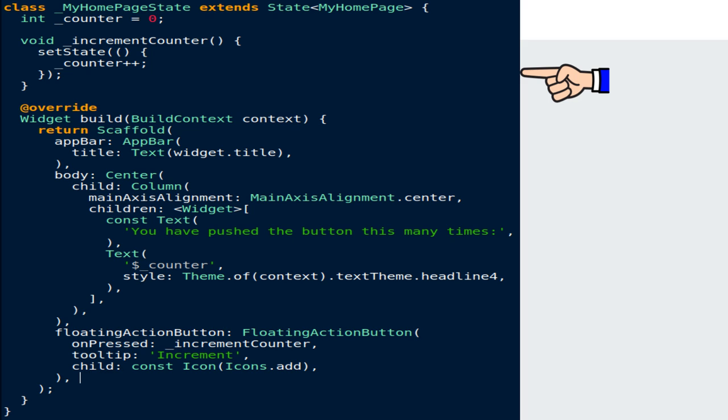In this example, the method is called within the _incrementCounter private method, and within the setState method, the _counter variable is incremented by 1. If we changed _counter without calling setState, then the build method would not be called again, and so nothing would appear to happen. This style of UI programming is called Declarative UI Frameworks, as opposed to the imperative style